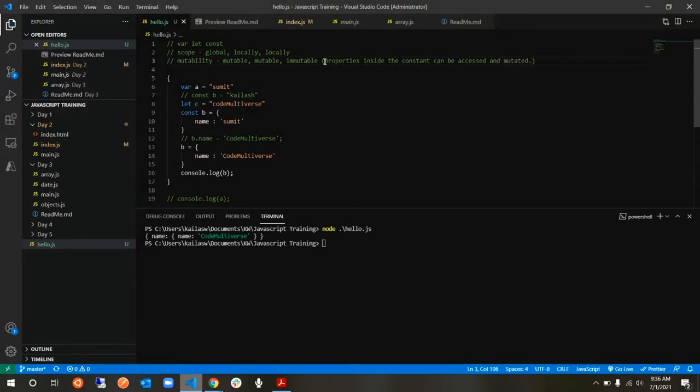Now, that gives you the difference between let, var, and const. This is one of the key things that most people look for when you go for interviews. They want you to know the